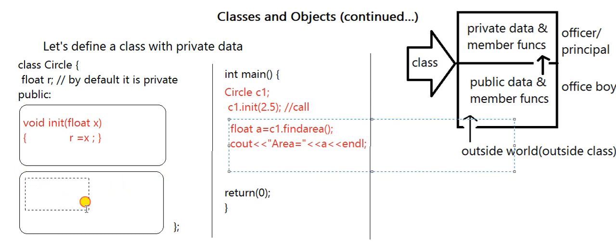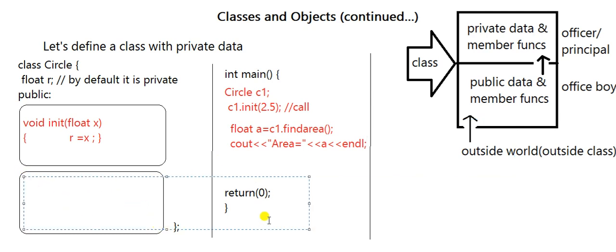Then we'll define the function here. Find area function I have to define. Since find area is returning a float value, the return type is float, find area is the function name, nothing I am passing to it, and simply you are computing the area here. So directly you can give a return statement, return 3.142 into r, which is available here, of C1. This r is of C1 because you have invoked the function with C1. So that's what we have in the find area function.